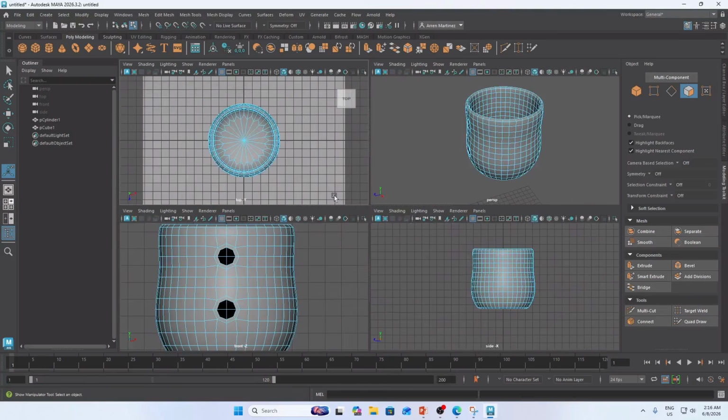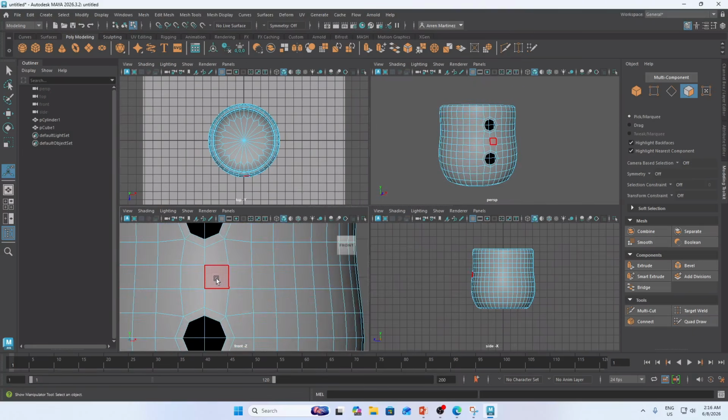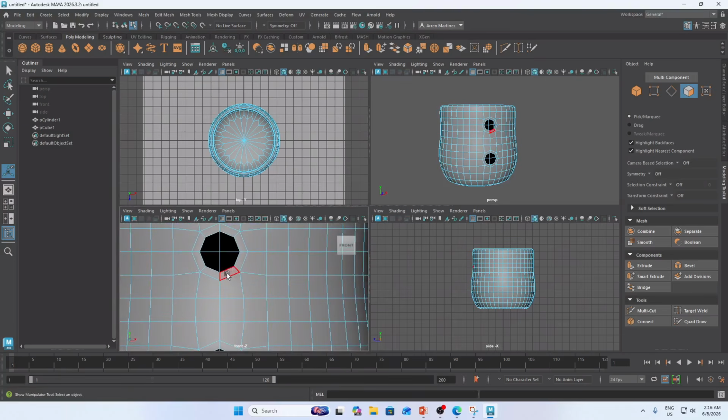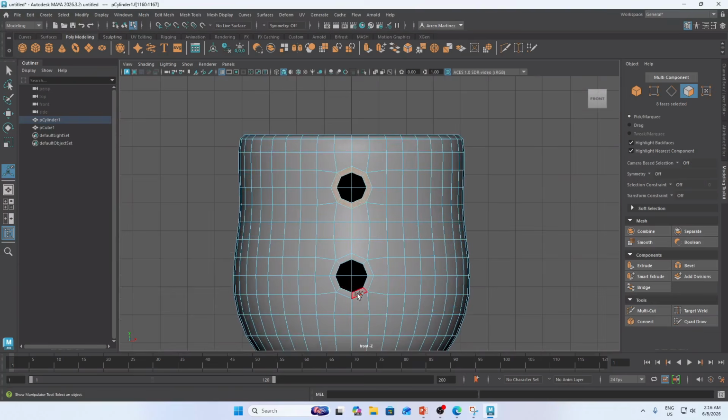So what's the purpose of this one? We will highlight these circularized faces. How do I do that?